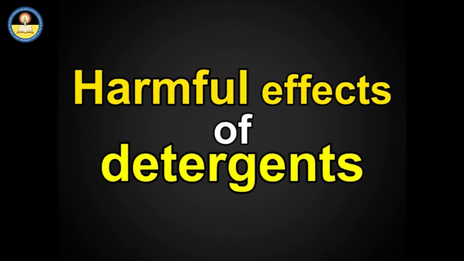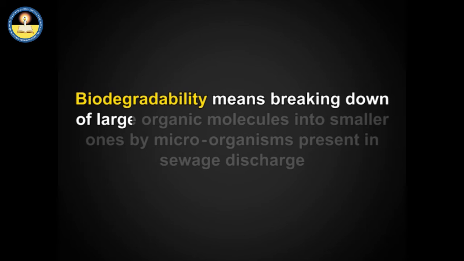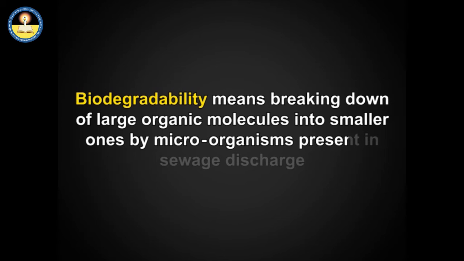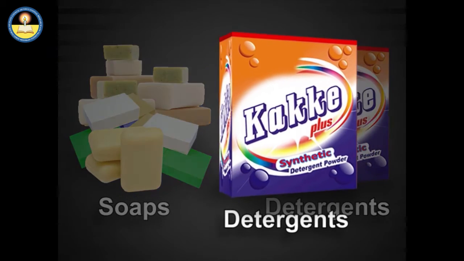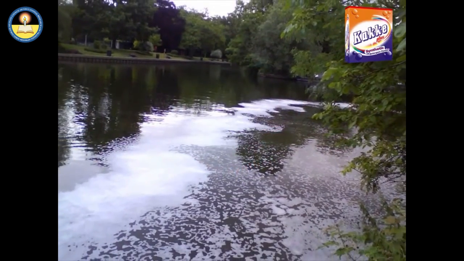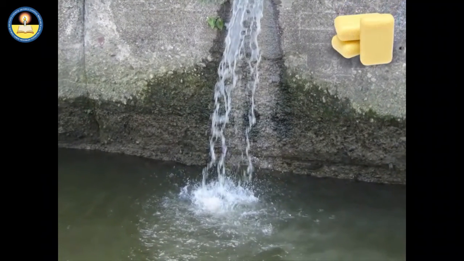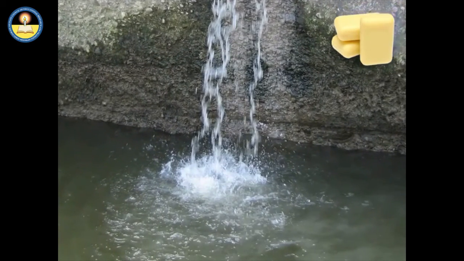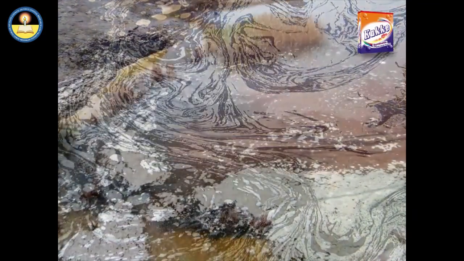Harmful effects of detergents. Biodegradability means breaking down of large organic molecules into smaller ones by microorganisms present in sewage discharge. A comparative study of soaps and detergents reveals that detergents are better than soaps in many respects, but detergents are non-biodegradable, whereas soaps are biodegradable. The widespread use of detergents over years has resulted in the pollution of water obtained from rivers, lakes and other